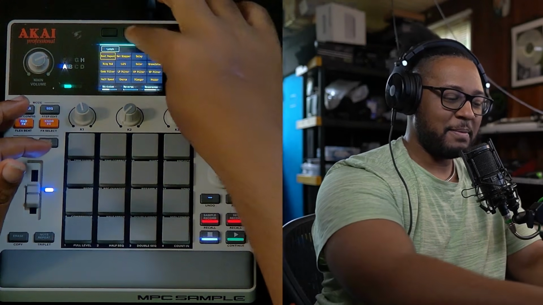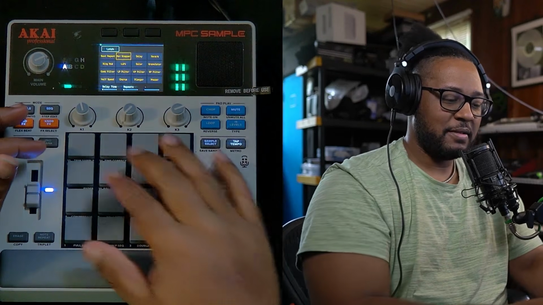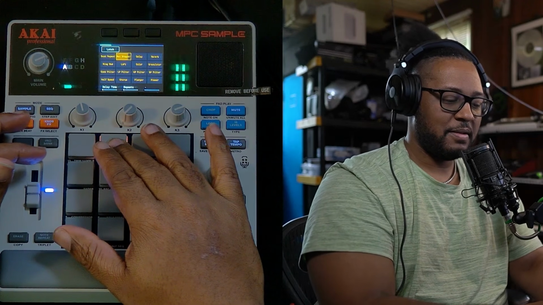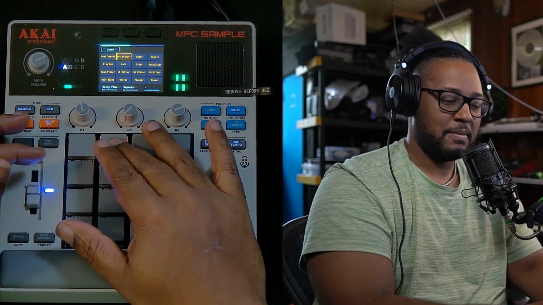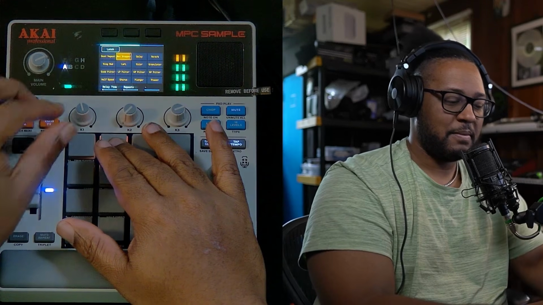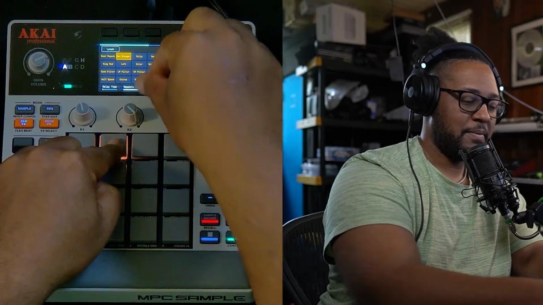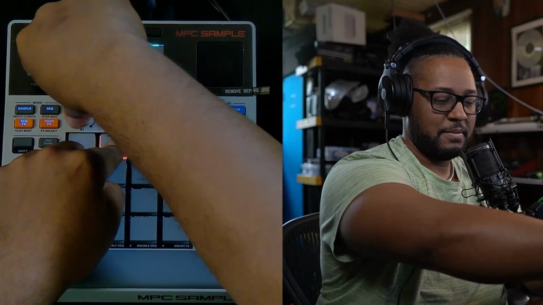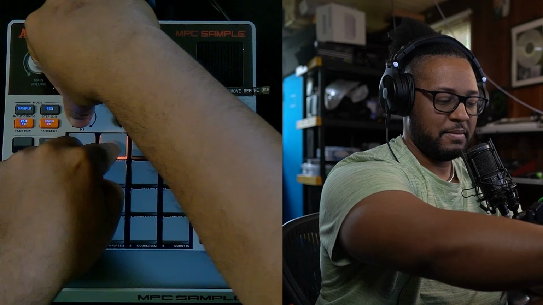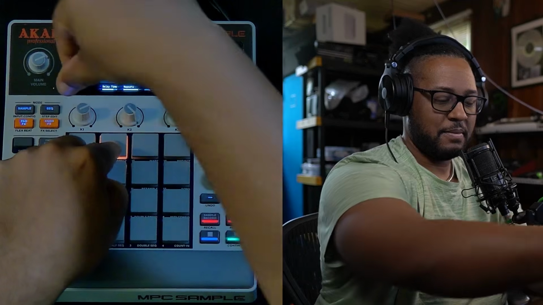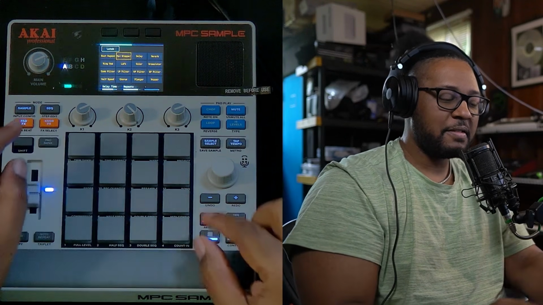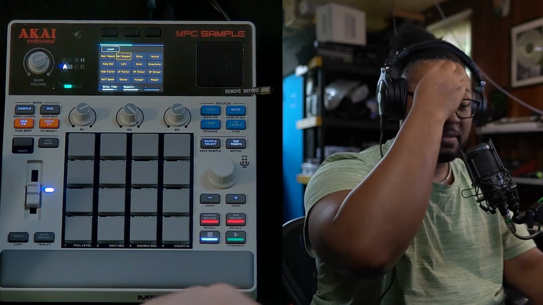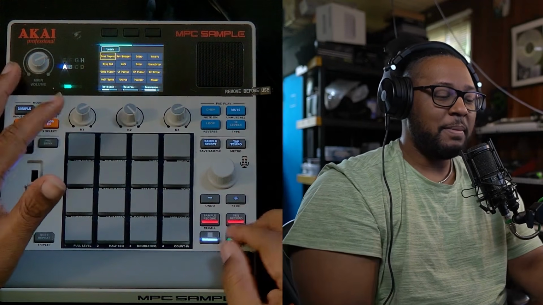All right, let's go to the reverse stepper, which I think is a pretty cool effect. Let's check it out. And so it looks like the pressure affects certain places where it rechops the sample to bring it back in reverse. Pretty cool. The only thing, as far as the beat repeat is concerned,